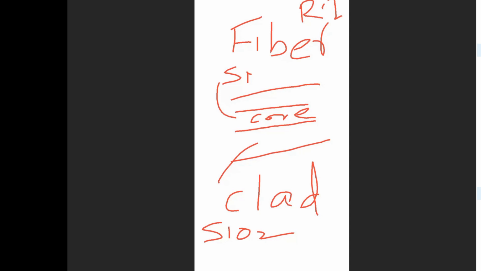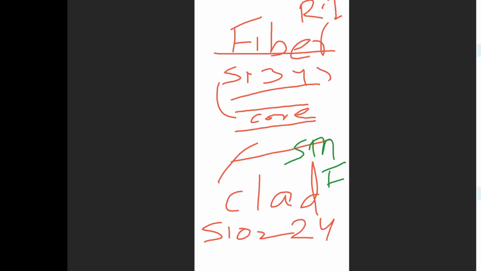Generally, this silicon will have 3.45 as a refractive index, and this will be having some 2.45, something like silicon dioxide. So now what happens? This fiber comes as a single mode fiber. It comes sometimes as a multi-mode fiber. So you have an SMF, say single mode fiber, or sometimes it will have MMF,